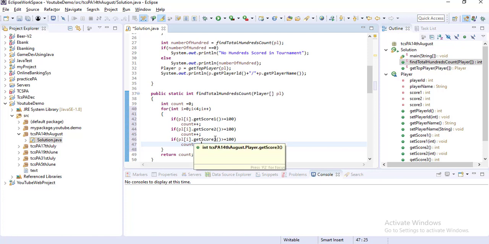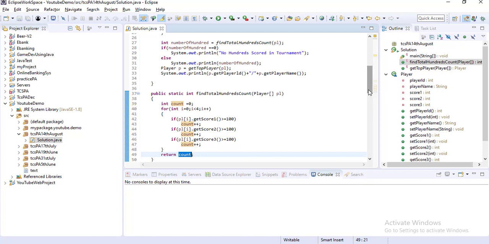For every player object it will check these 3 values, and it will iterate 4 times, so for 4 objects it will check, and then it will return the count value. That is basically the total hundreds scored by any player in that match.